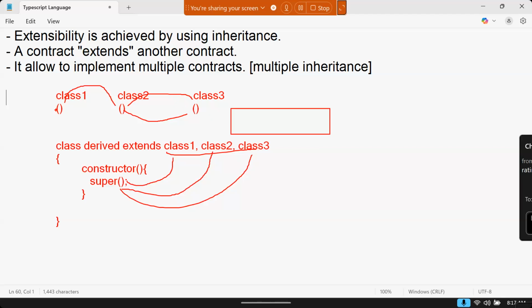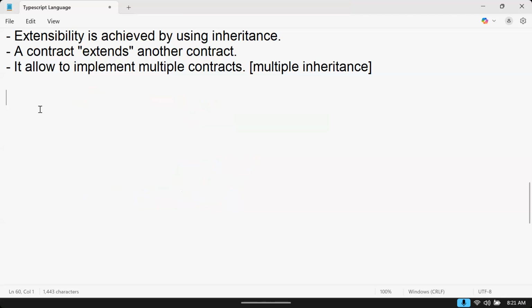Because they don't have a constructor. That means multiple inheritance possibility depends on constructors. That is constructor deadlocks, right? So technically, it allows you to implement multiple contracts. How will it allow? Because